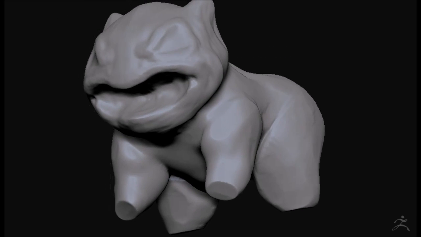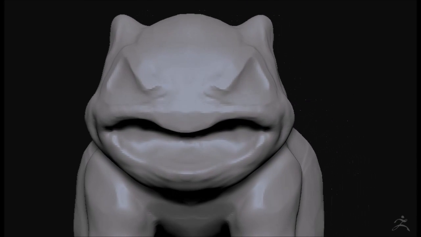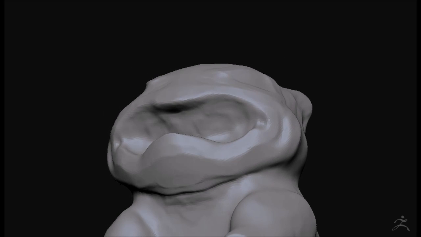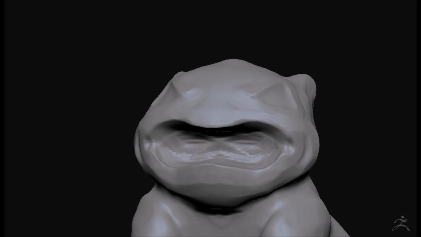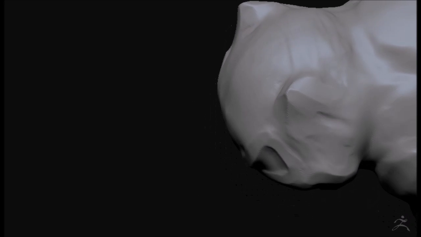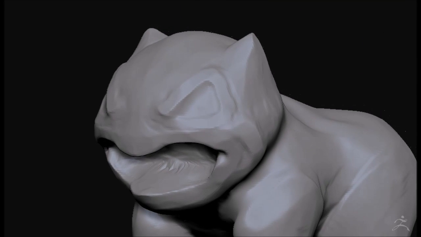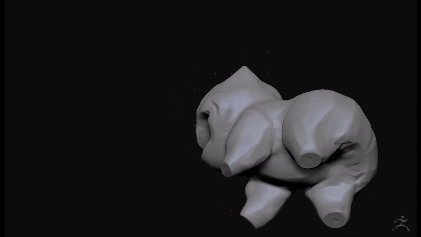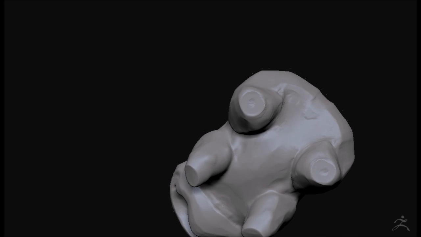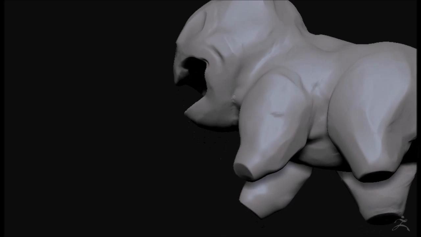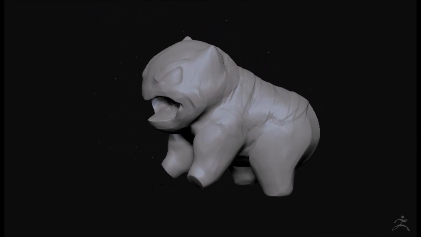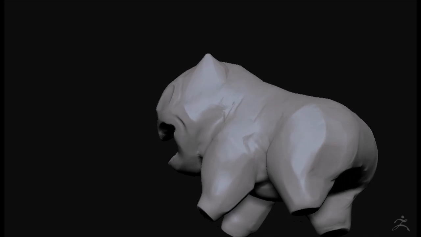There you go. I started using the trim dynamic. It's something I really like to use before utilizing the Z remesh option, because for me it's like telling the software where to put some edges when I click Z remesh. At least I noticed a big difference when I used the trim dynamic before Z remeshing. But this is almost 35 minutes into the sculpt, something like that. At this time I will Z remesh it, pose it, and then sculpt with symmetry off,